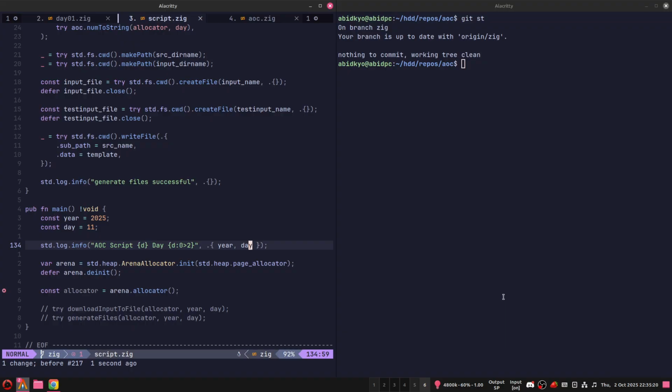So the goal today is to read the command line argument. It's going to be a year and day, and then from the command line argument as well, download input or generate the files. Yes. What else? I think that's it. We can start by